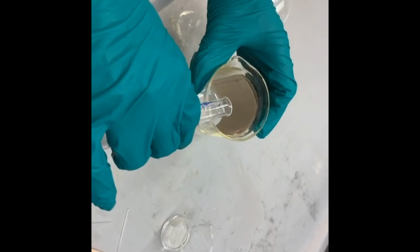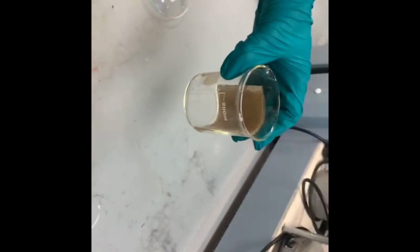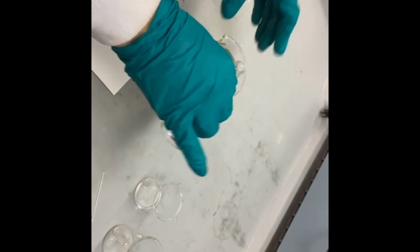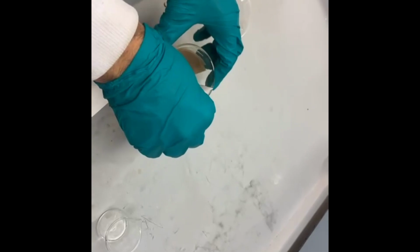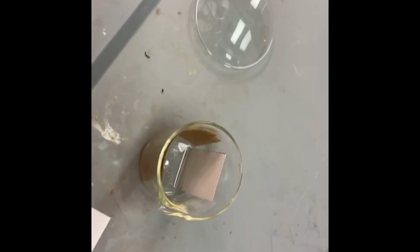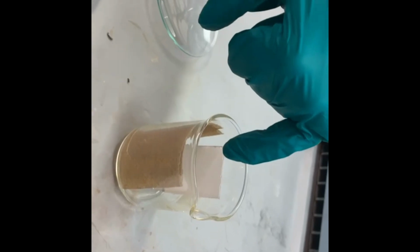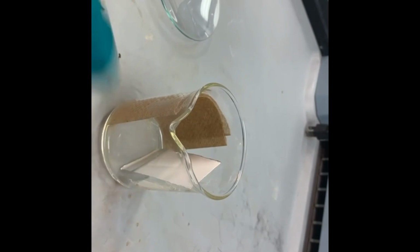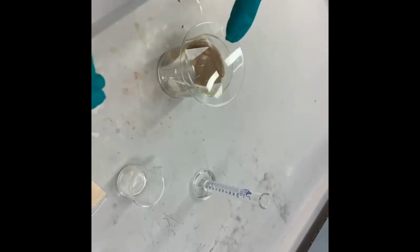you fill your chamber with the solvent. Make sure that the tissue paper you've used is coated so that the chamber is saturated with the solvent. And then all you have to do is just place your TLC plate in a manner that it doesn't touch the paper. And as you can see, the solvent is slowly rising, and the solvent is not touching the spot underneath the TLC plate. Okay, once you put the TLC plates in, cover the chamber with a watch glass,